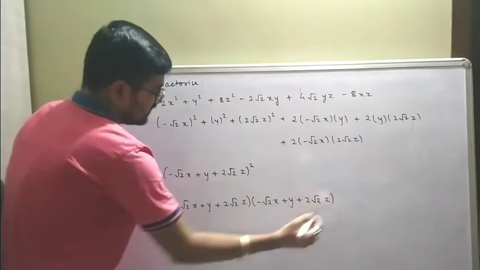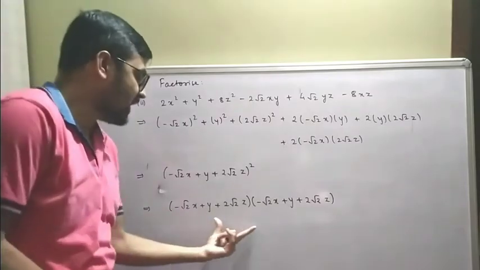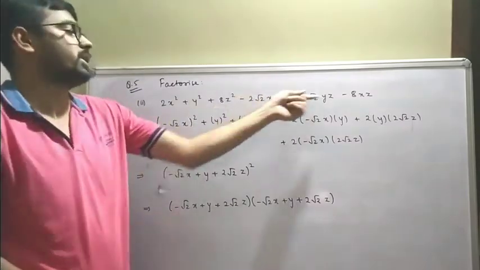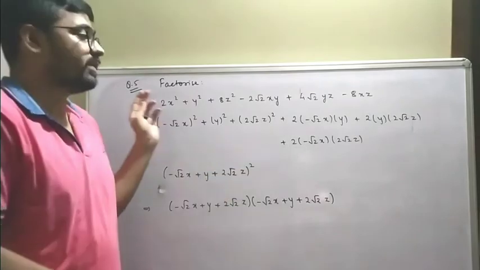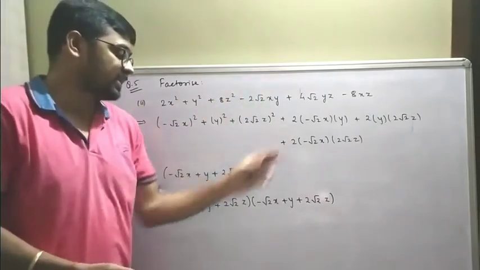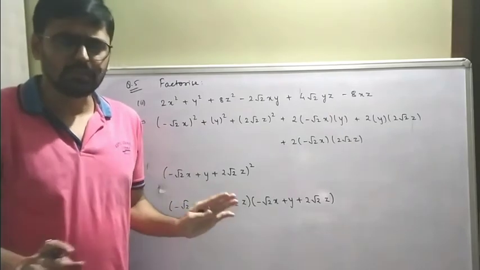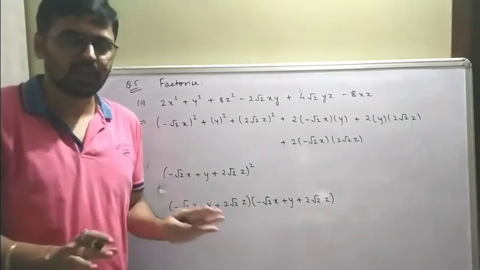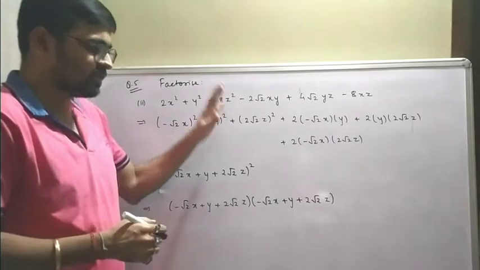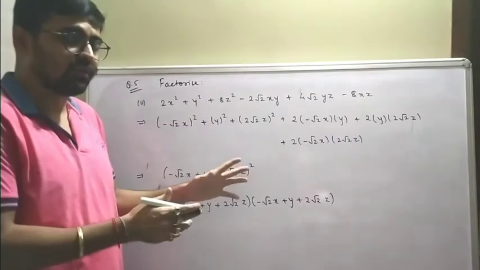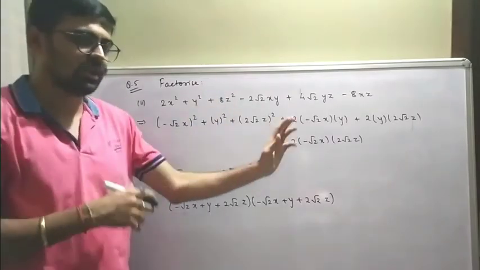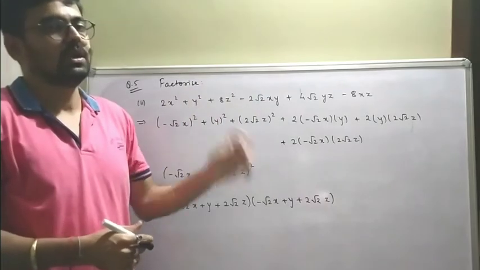So this is the answer. That is, these are the factors of this particular question. So we got the factorization. We factorized this, and this is the answer. Are you getting me? It's very simple. It's not that difficult at all. आप बहुत आराम से कर सकते हो. Just pause the video, note it down, and if you feel difficult, rewind the video, watch it again, and make sure your doubt is clear.